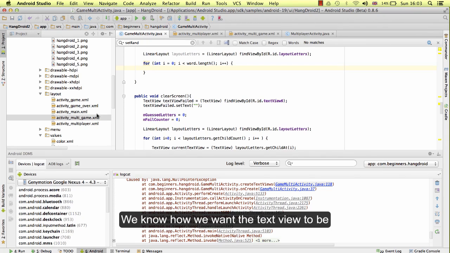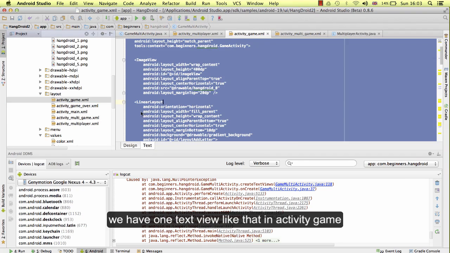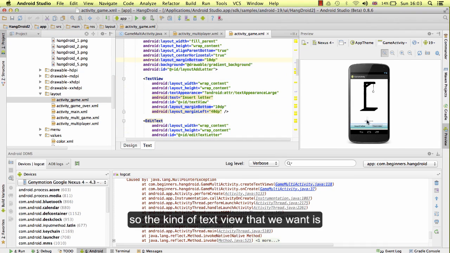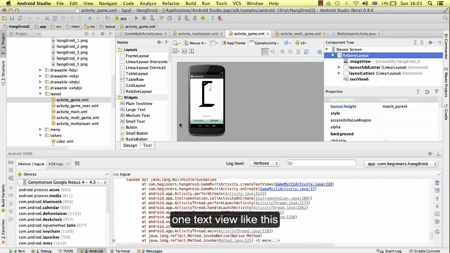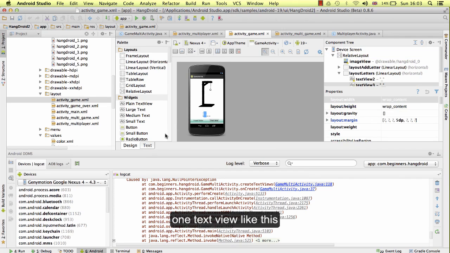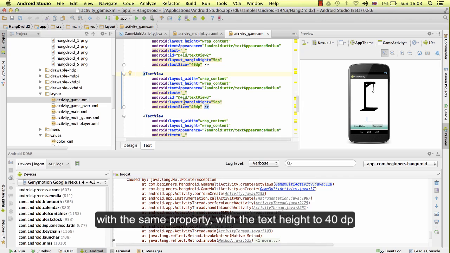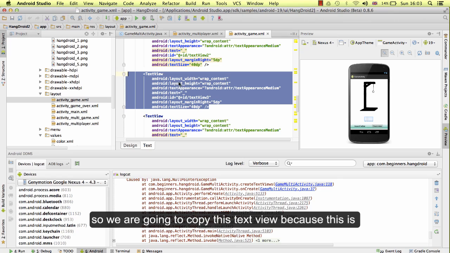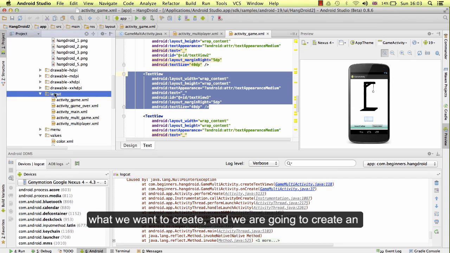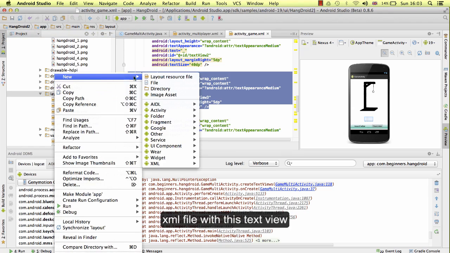We know how we want the text view to be. We have one text view like that in activity game. So the kind of text view that we want is one text view like this, with the same properties, with the text size to 40 dp, with an underscore, with a margin right of 5 dp. So we are going to copy this text view because this is what we want to create, and we are going to create an XML file with this